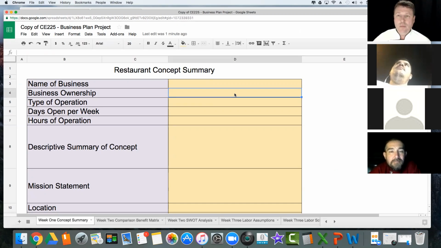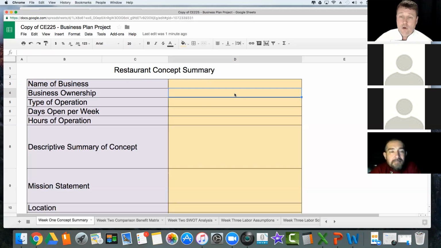Hours of operation: when you expect to open the doors, when you expect to close them. I really do not, for the most part, when it comes to restaurants, recommend that you close between 2 and 5 because staff is already there. Should you be lucky enough to sell 3, 4 hamburgers during that time, you actually sort of paid for the labor that the employee spent between 2 and 5. The cook in the back, right? You might actually end up paying for his time working with just a couple of tickets.